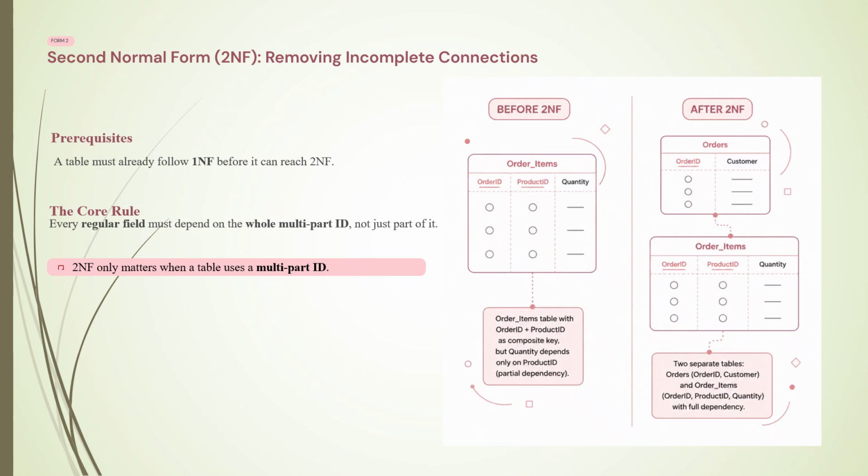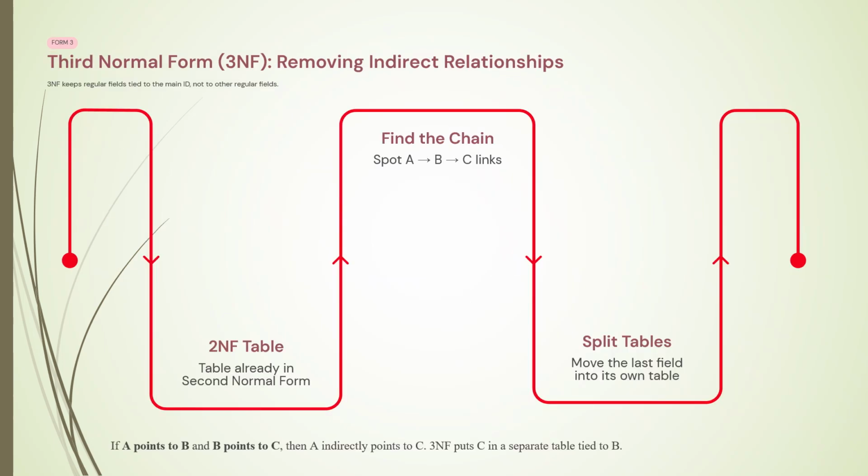order items table is further processed into two separate tables: orders, where order ID and customer will be there, and order items, where order ID, product ID, and quantity will be there with full dependency. Moving on to third normal form,